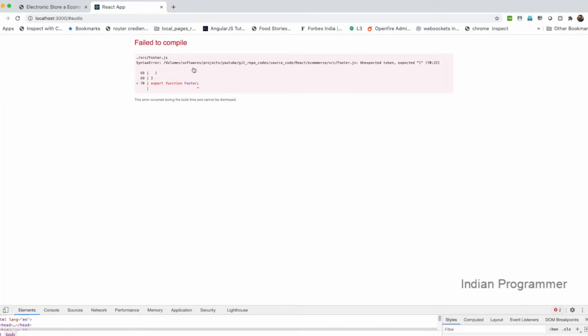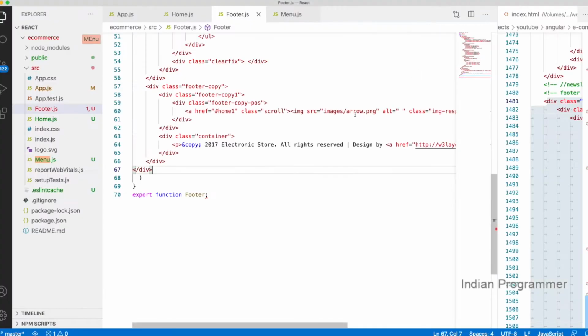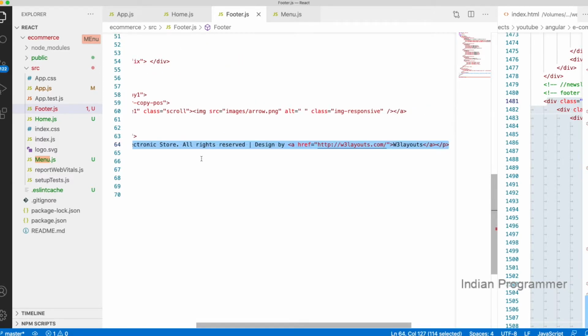Where is the problem? Expected line number 70, some error is coming. It's because of this line.